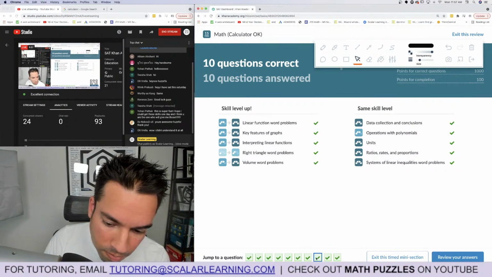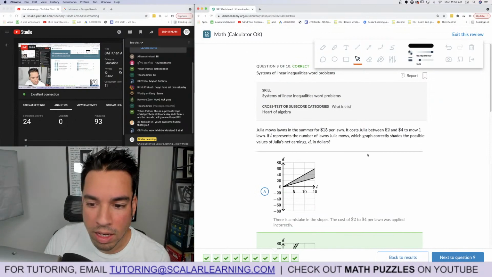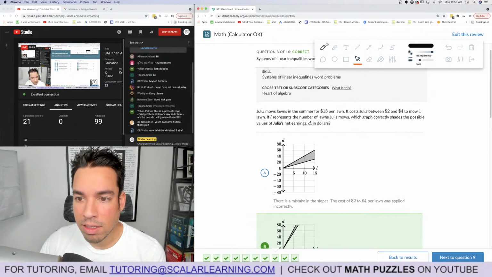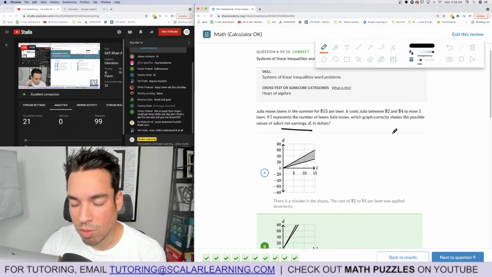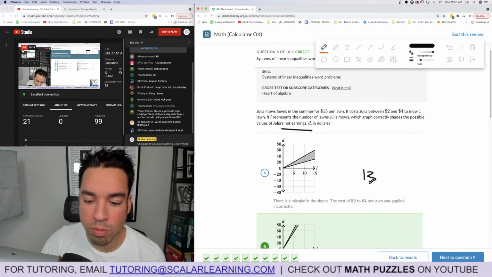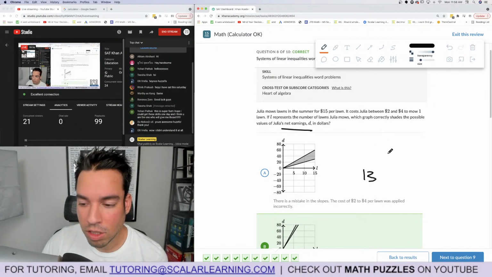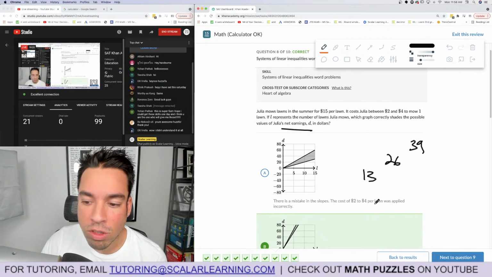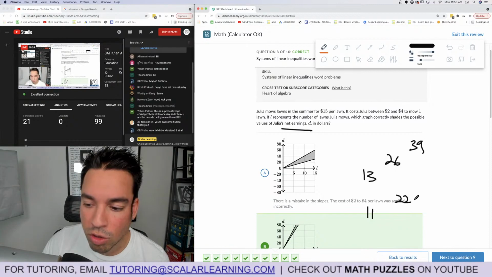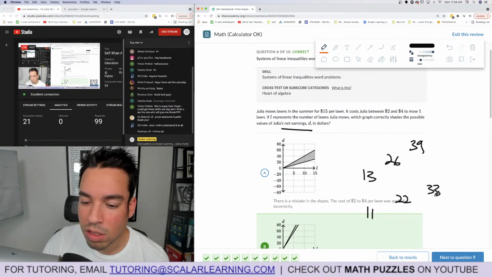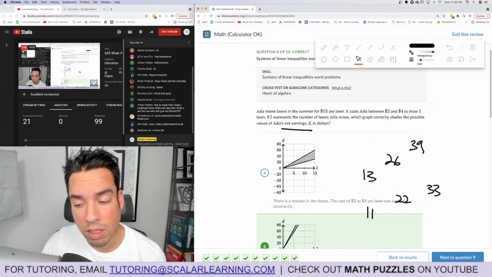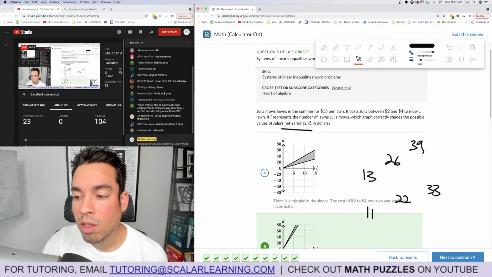Let me see. 8. Okay, here's the deal with 8, right? We're trying to find the profit. So the idea is that her net earnings, right? So when it costs $2, she's making $13 per lawn. So if she does 2 lawns, it'd be 26. If she does 3 lawns, it'd be 39, like that. If it costs her $4, she's only making $11 per lawn. 2 lawns would be 22. 3 lawns would be 33, and so on and so forth. So the profit range is anywhere between 11 and 13 for 1, 22 and 26 for 2, 33 and 39